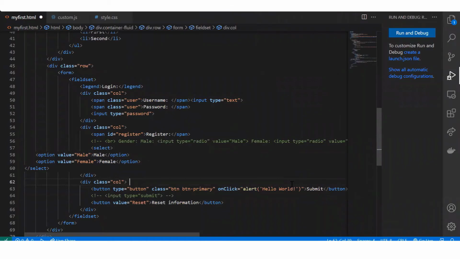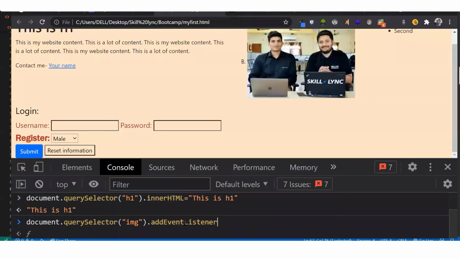So let's say we want the event to always listen. Okay, something is happening on my image tag. I should definitely keep listening whether that event is happening or not. So let's say I want to put a click, and if I put the value of click in this, that means it is always going to check if the event of click has occurred on this image or not.